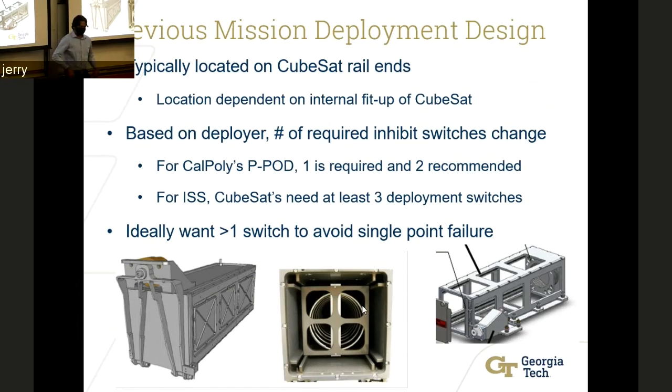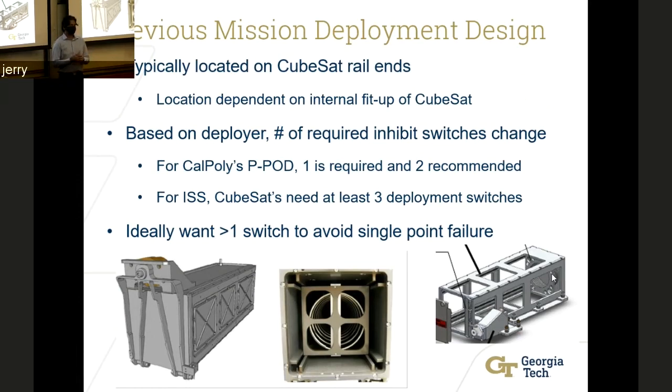Typically, looking at the inhibit switch design, there are 2 main locations where these inhibit switches are generally located. They can be on what we call the -Z face. If you have the CubeSat looking straight up, it's going to be at the top. Remember, loading it into this pod right here, it's going to be the face of the CubeSat closer to the spring side. Usually these are push-button switches, and they will lie up against the +Z face or the bottom of another CubeSat that's in the row or in the pod.